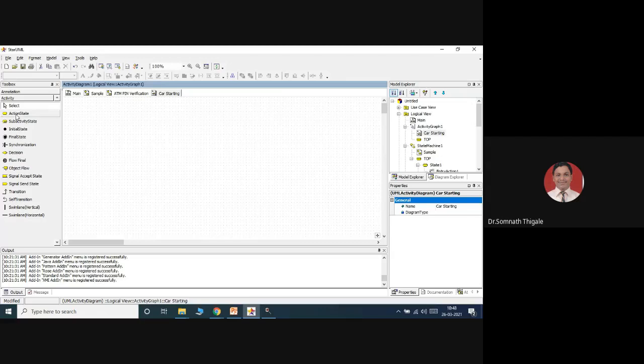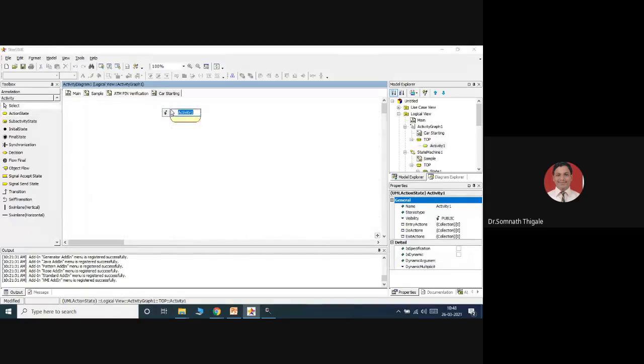So initial state, I will say. Simply in this example, I can consider here action state, simply first activity. Sorry, I have added an activity diagram.